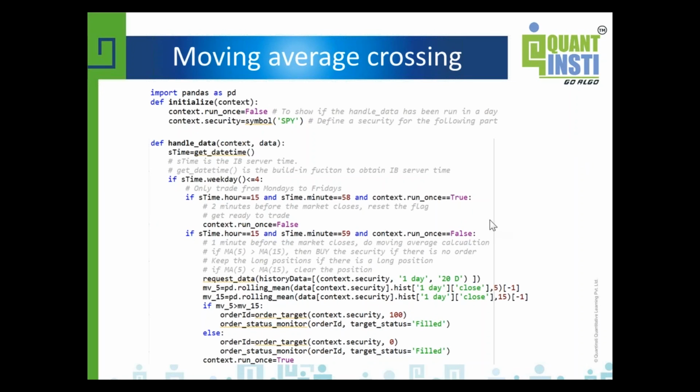If the moving average of 5 is greater than the moving average of 15, then we buy. Otherwise, we sell. The next line is request data, and then calculate the moving average, using -1 to mean the latest number. You compare, place the order, and then monitor the order status as shown here, and that's it. It's a pretty simple moving average crossing.